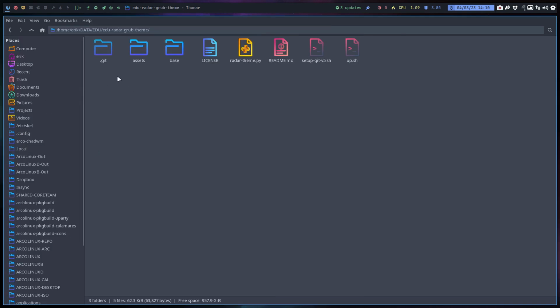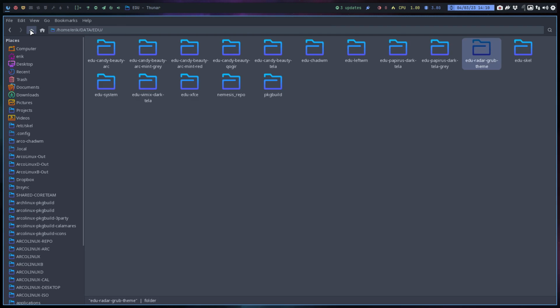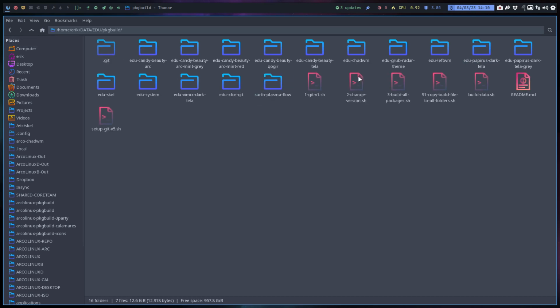So we got ourselves a new name. edu-radar-grub-theme is the one that I should type, sudo pacman -S. Okay, fine. Then I need to package it. So this is changed on GitHub, it is changed locally. I can push. Now I got to go to the package build, which is going to be